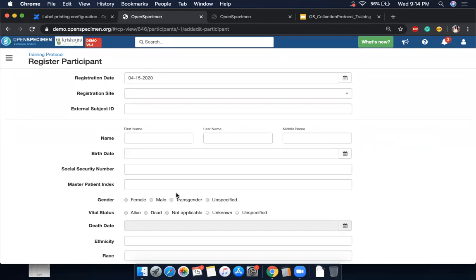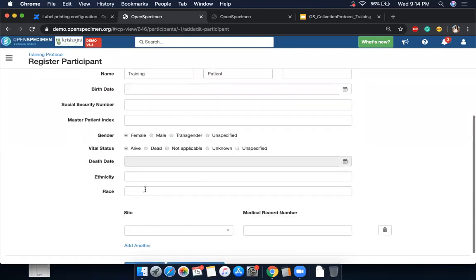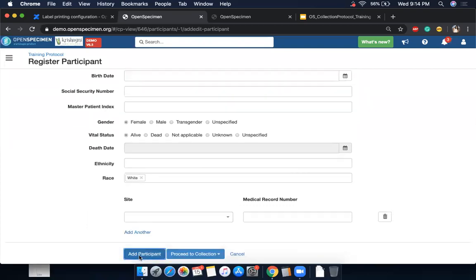And these data entry screens are configurable if you want to hide default fields or add new fields. Advanced configurations we'll be covering as another topic. But for now, I'm going to create a training patient here.